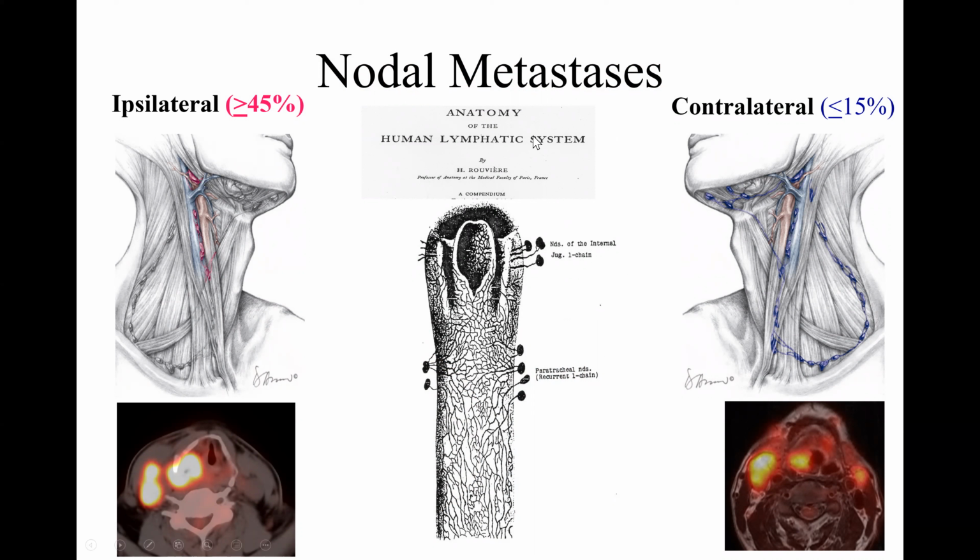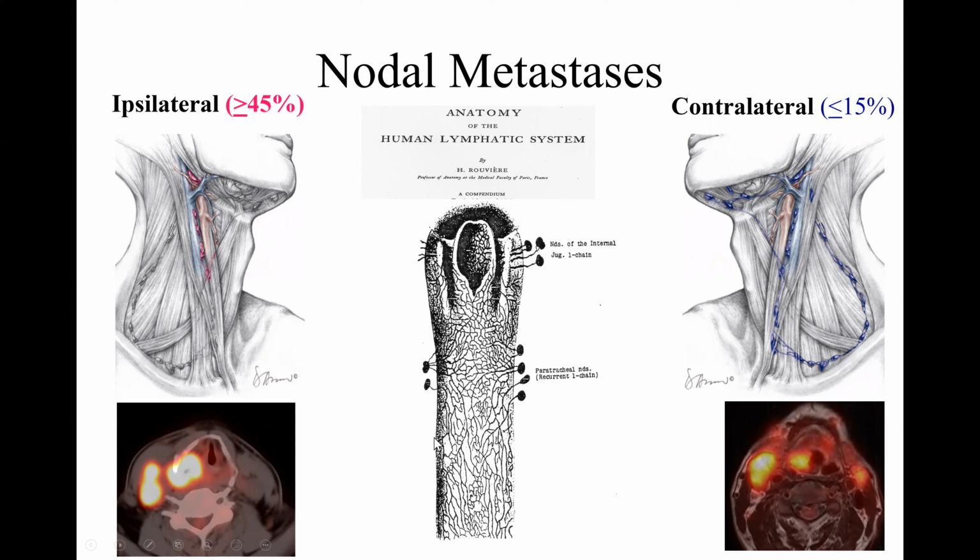The hypopharynx certainly metastasizes to the lymph nodes, and when you have lateralized hypopharyngeal carcinomas involving the piriform sinus, they tend to metastasize ipsilaterally to levels 2 and level 3, as seen here on this PET CT. However, if you have tumors that tend to cross the midline, then all of a sudden both necks become at risk. In general, if it's far lateralized, contralateral lymph nodes are not at risk, but there is such a rich